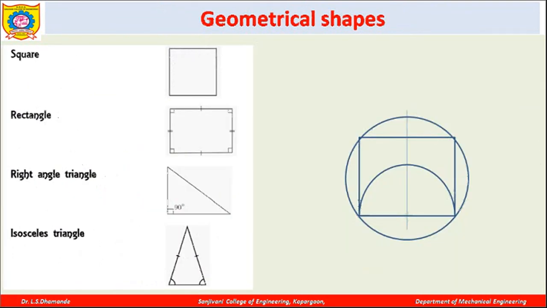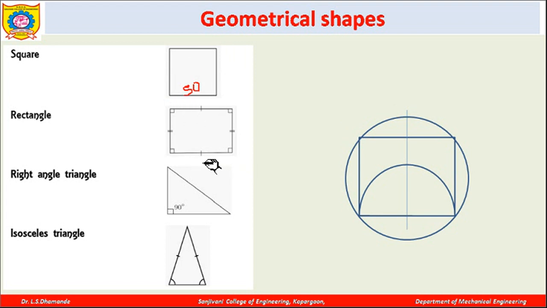Now let us talk about some simple geometrical shapes and how we can draw them. A square means nothing but having all the sides equal. So if you have to draw a square with a 50 mm size, you can simply draw one line of 50 mm horizontally, then draw a 90-degree angle. Again mark the 50 mm here, again horizontally draw a 50 line, and again vertical 50. This way you can construct this.